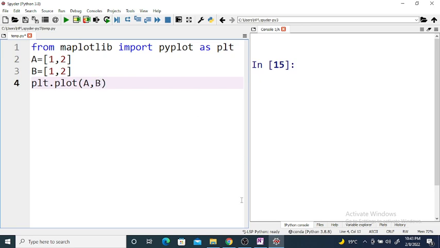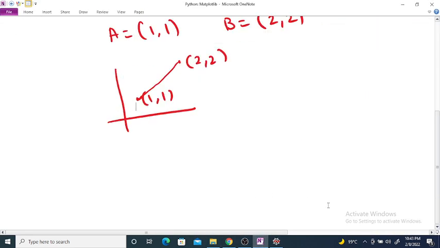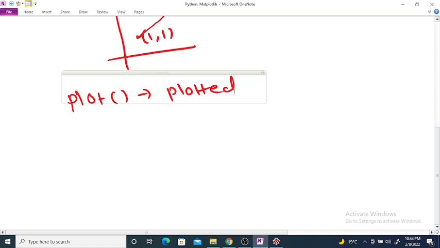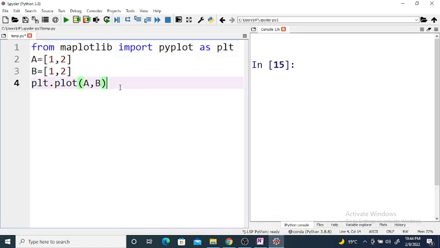this plot function represents the plotted data, or a 2D object, okay, in the xy plane. So plot(a, b) and plt.show(). So if you run this,